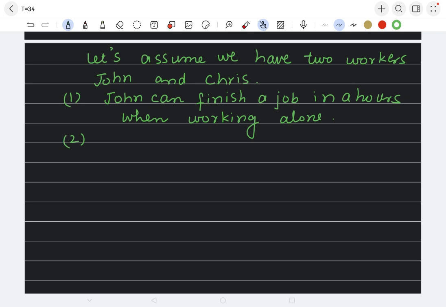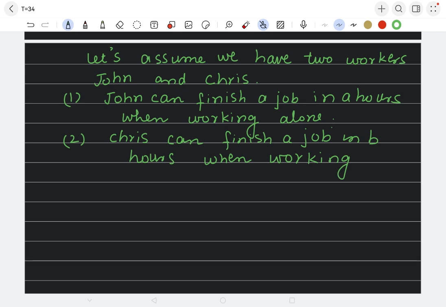And the second condition they have given, Chris can finish a job in B hours when working alone. Okay. If two workers are working together and the number of hours they need to complete the job is given